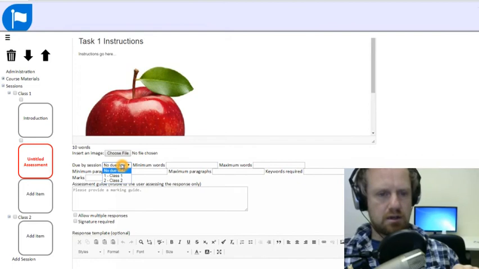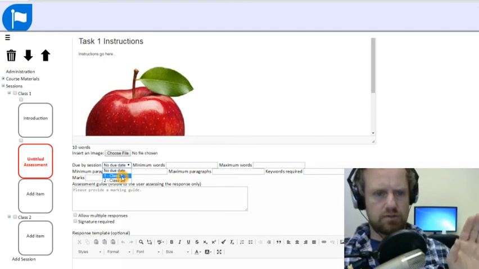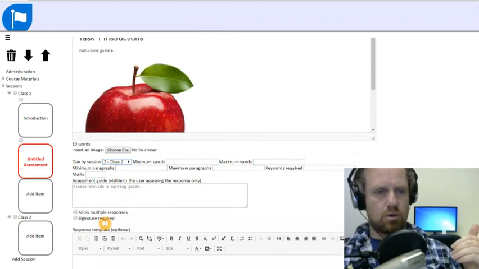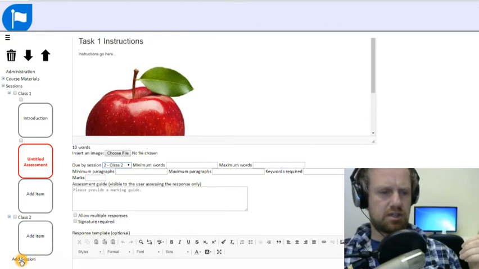And you'll see here that you get a drop-down list of the sessions that I've put in. I've called them Class 1 and Class 2. So what might happen if you come here and you say, no, I want this to be ready much further into the future. I haven't made that session yet. Then what you can do is add them now. So I'll just give you two options. What I could do is say, this is due next class, in Class 2. Or if I wanted it to be due in like 3 or 4 classes in the future, then I just go down here and I just,